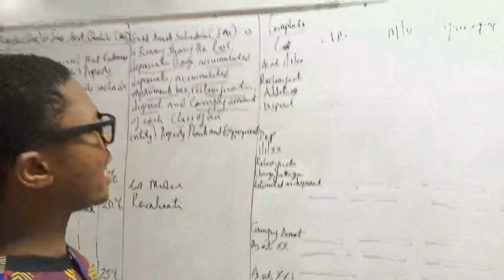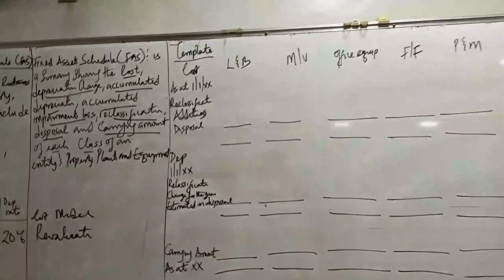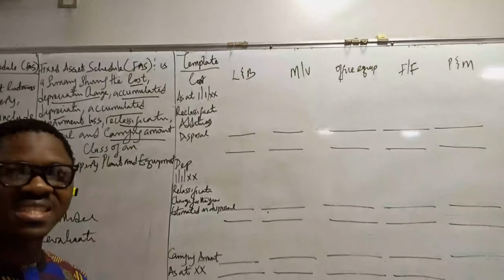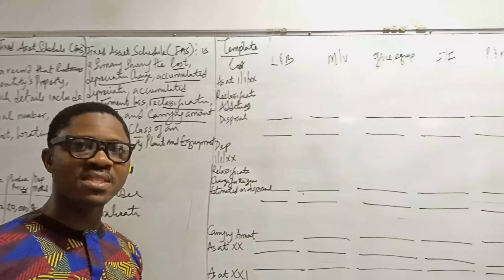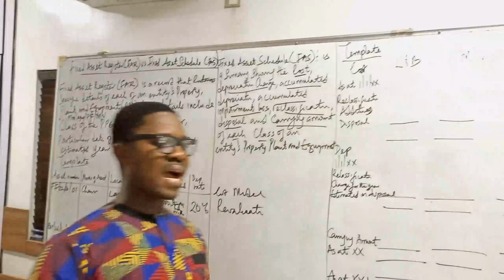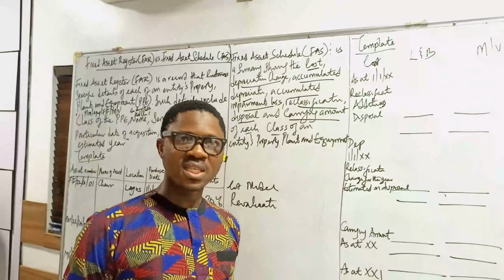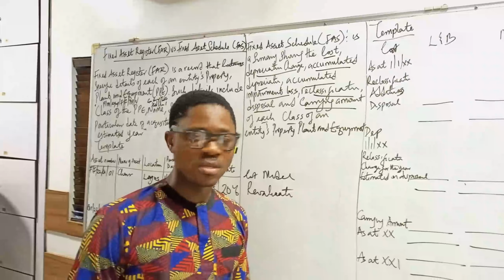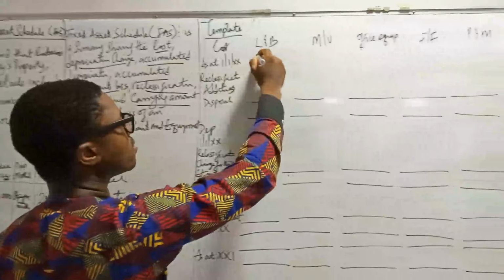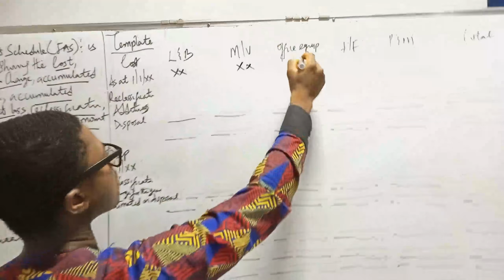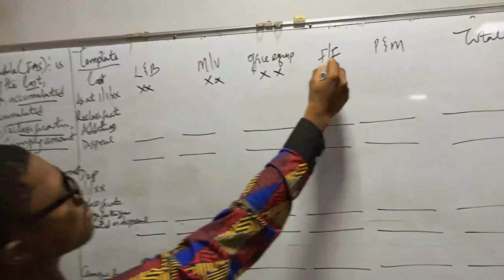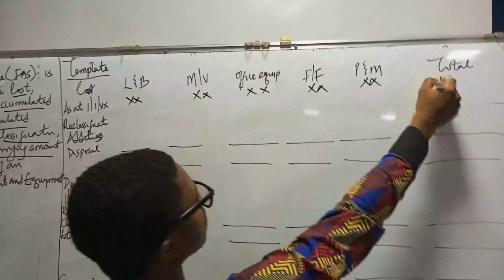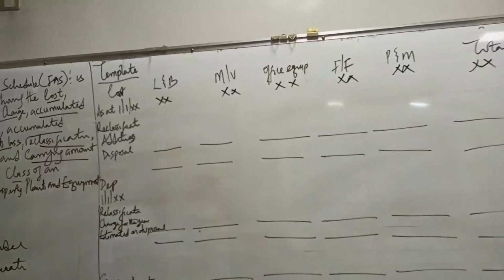This is the cost of the assets at the beginning of the year, using the historical cost. This means that the asset that we acquired this year will be added, will be brought forward, and that is what we have here in the template